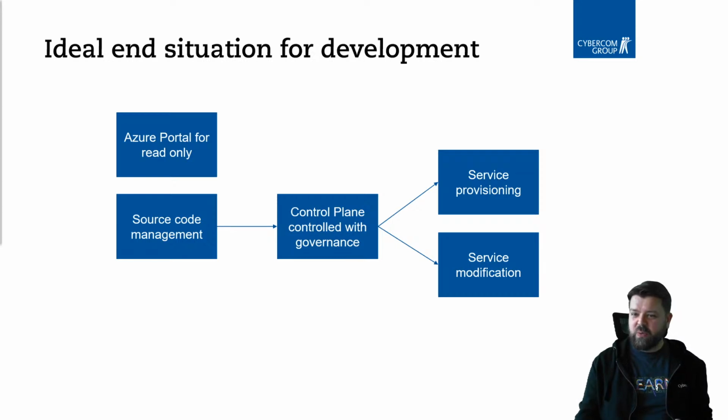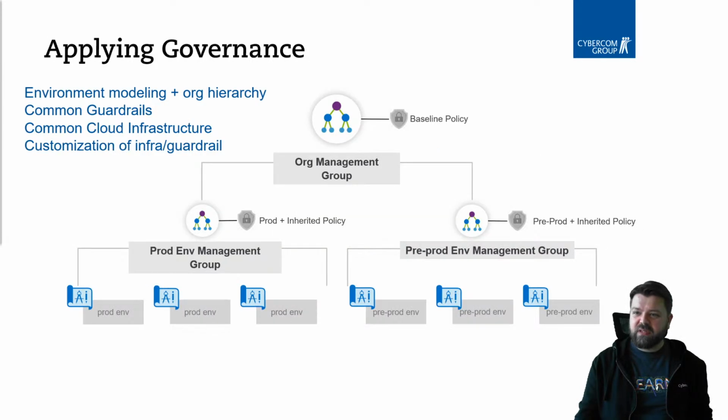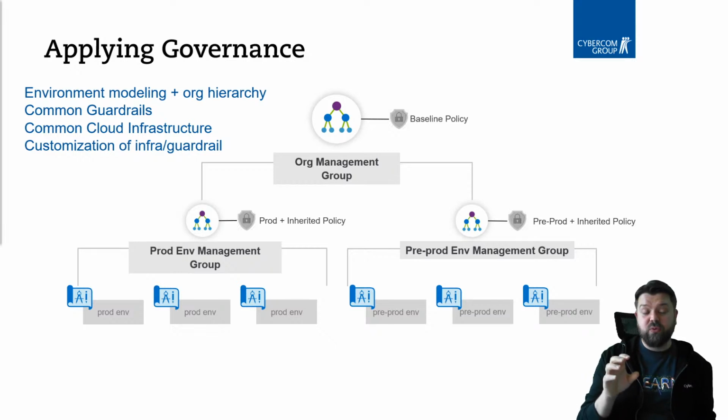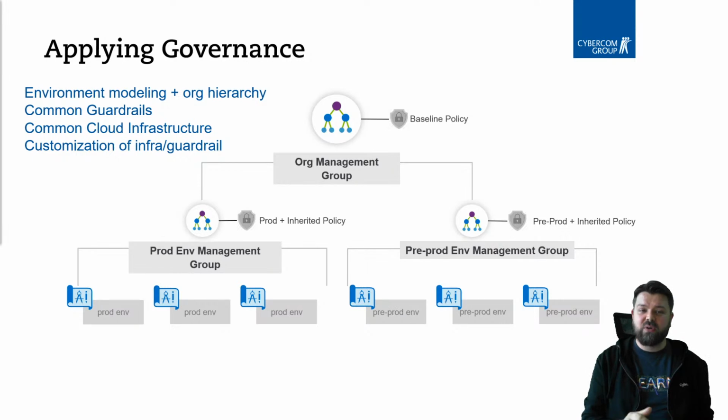But okay, so how to use these then? Applying governance on different levels. So here we have a small example of organizing management. So you have the root setup here. You have the main group of the root organization, where you have some baseline policies. So for example, you could have the policy of the region availabilities or setup. So you can't set up anything else except North Europe and West Europe, for example, in Finland.